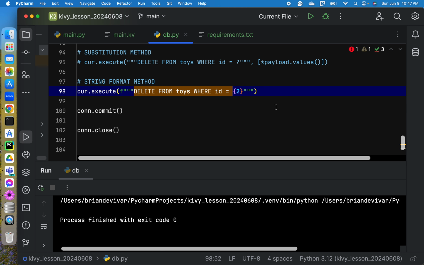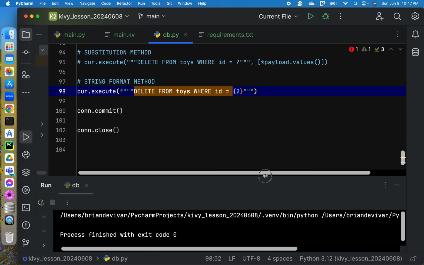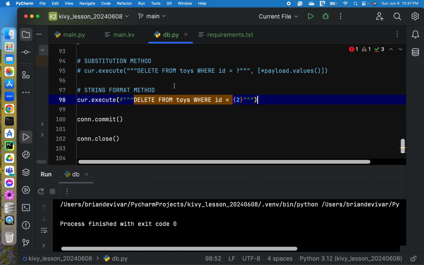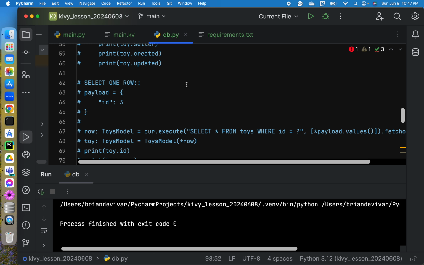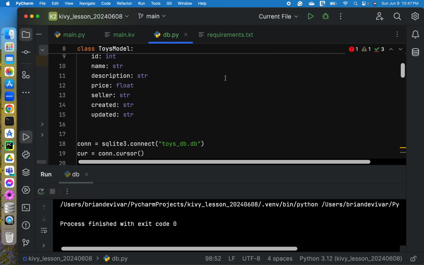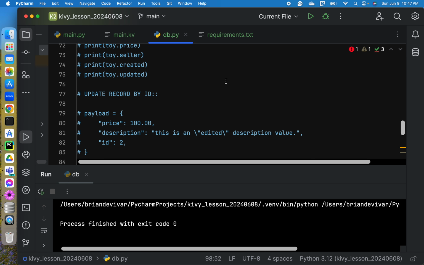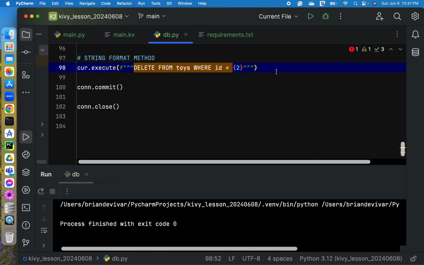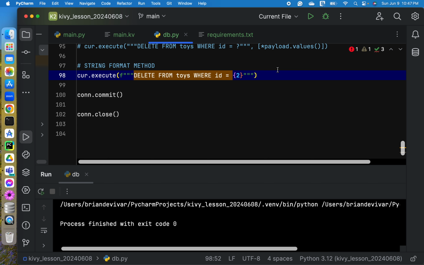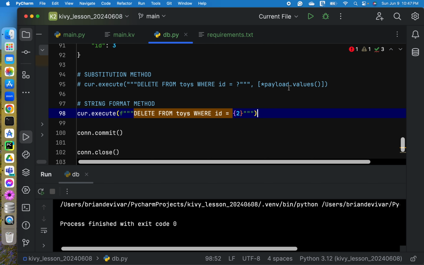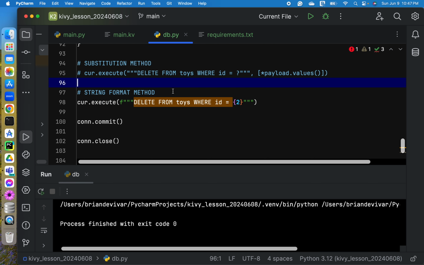Okay, so it's up to you which method you are going to use. And I hope that this lesson will be helpful to you in your studies.